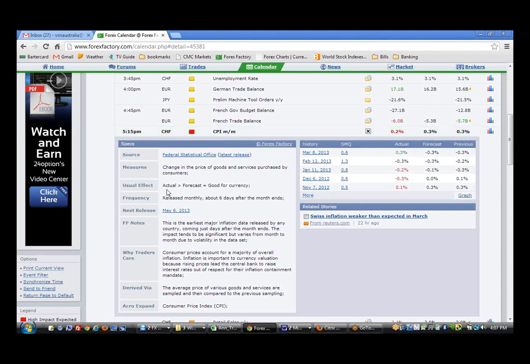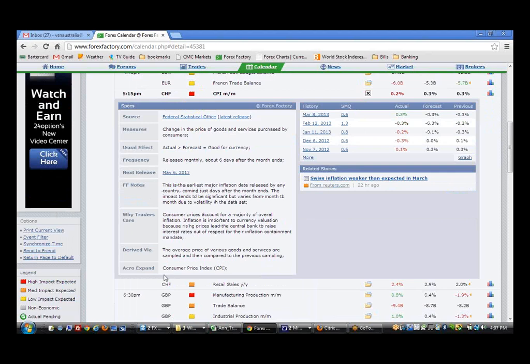Okay, so the effect: if it's greater than the forecast, then it's good for the currency. So then you'll see anything against the Swiss dropping and the Swiss going up. Frequency tells you how many times this report is released. The next release will be on the 6th of May. And why is this important? This is the consumer price index,